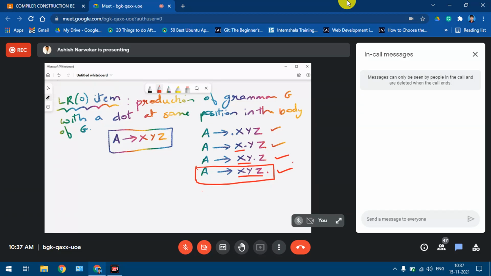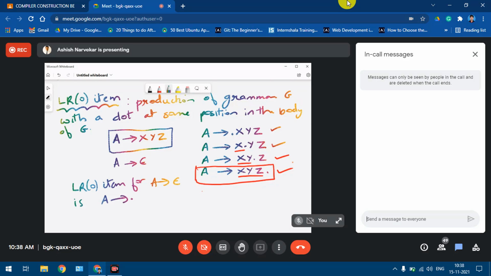Now, one more thing: suppose our grammar had something of this form, A gives epsilon. There are epsilon productions also, right? So if we had something like this, then the LR0 item for A deriving epsilon is A gives dot.